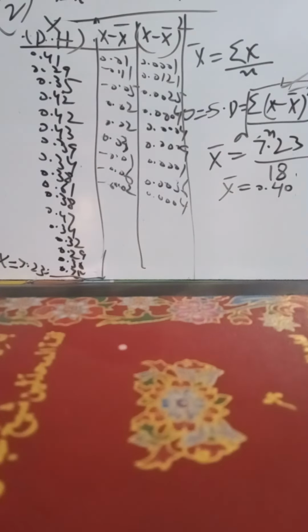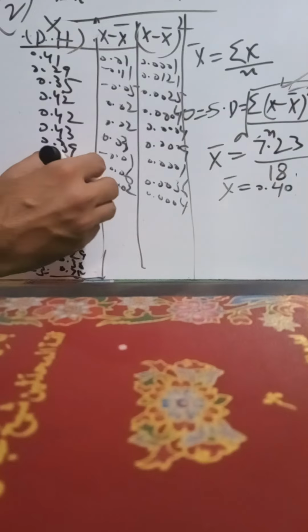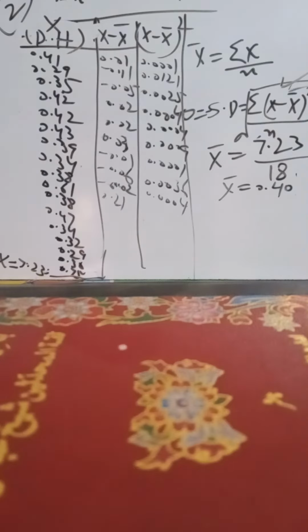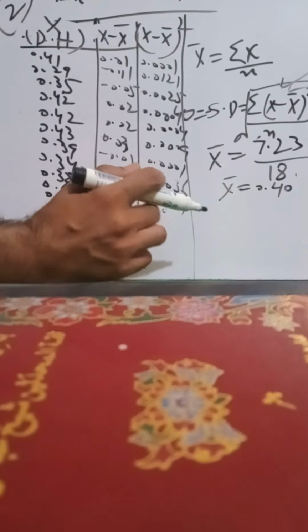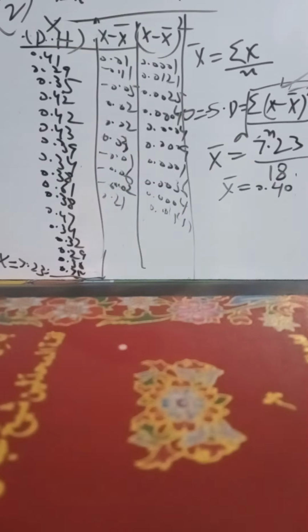Then we have 0.61 minus 0.4, it is 0.21, and 0.21 square is 0.0441. Then the next one,